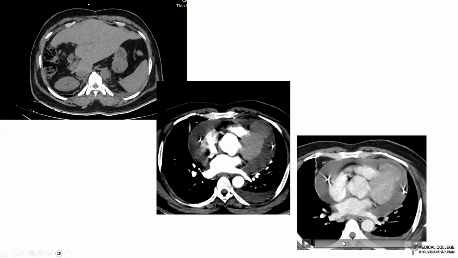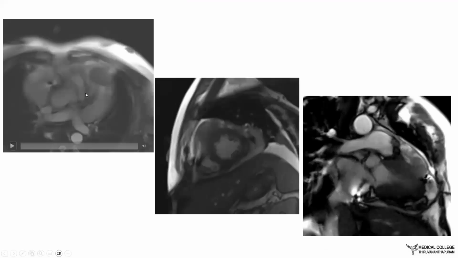and then he presented with this 2 months back. MRI was also done. So this is the cine SSFP axial images that show the well-defined lesion sitting in relation to the